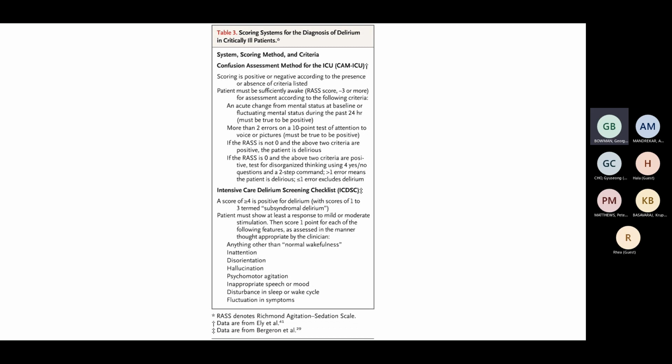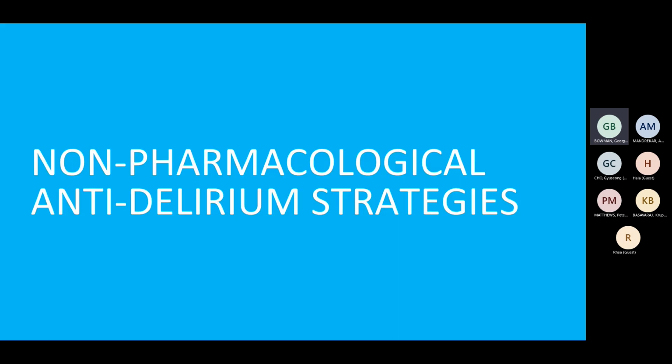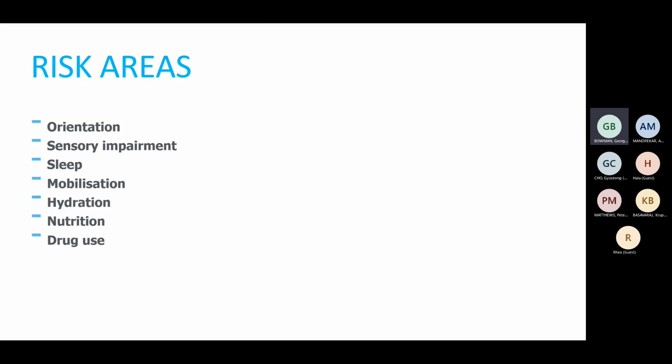There have been some trials looking into identifying risk factors for patients developing delirium, and how to then rectify these risk areas. So these are some of the non-pharmacological anti-delirium strategies they're looking into. These are the risk areas: orientation, sensory impairment, sleep, mobilization, hydration, nutrition, drug use. As I think we can all imagine, they're very important to make sure that patients get adequate levels